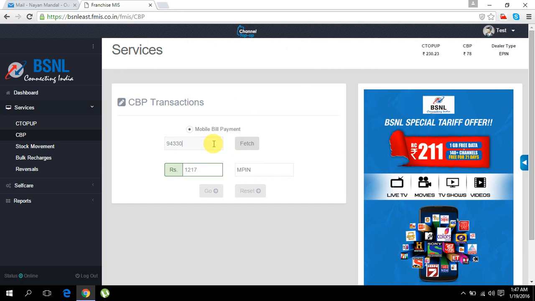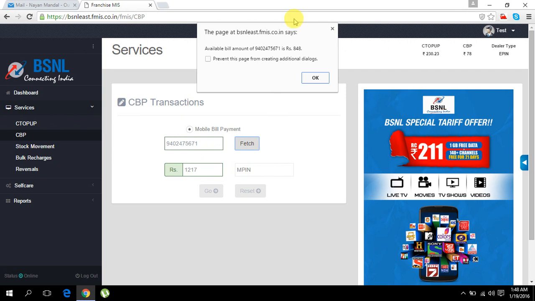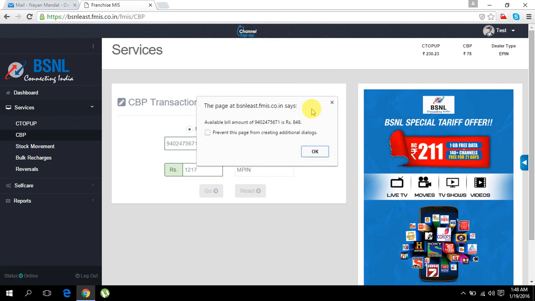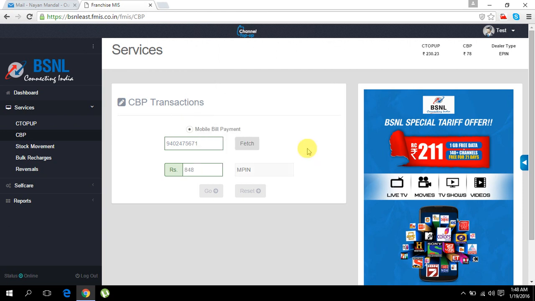Let us try one, whether it is working for roaming or not. Let me check it for you and see whether it is working properly. I have given a number from the Northeast. So friends, we can do roaming postpaid bill payment from this particular URL as well. It is giving us n number of options.